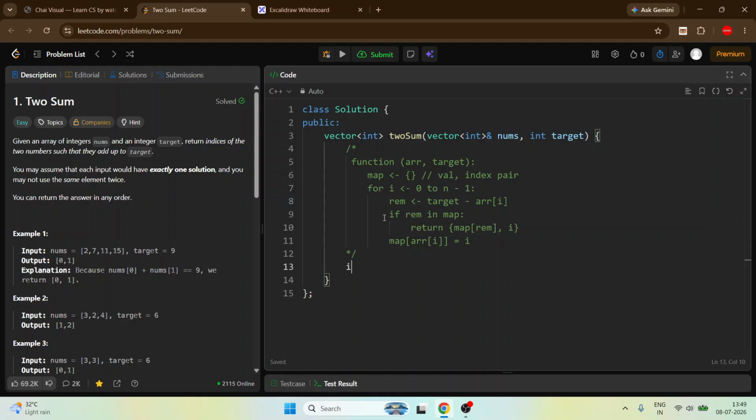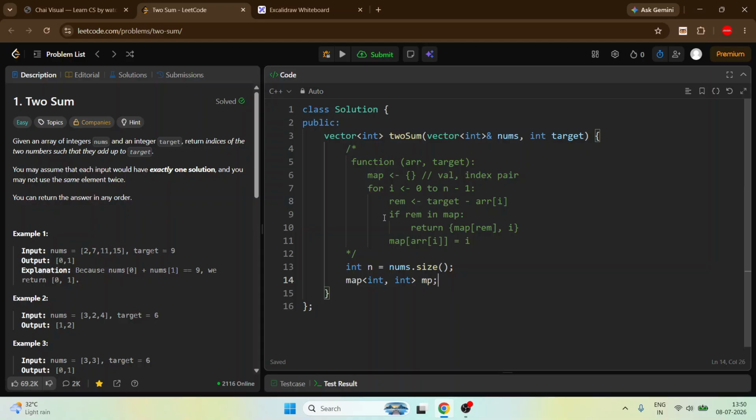Okay, first take the size. This will help us: nums dot size. Then take a map of int comma int. Let's take it as mp.